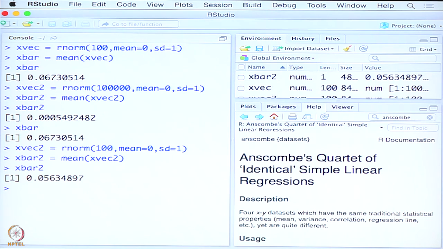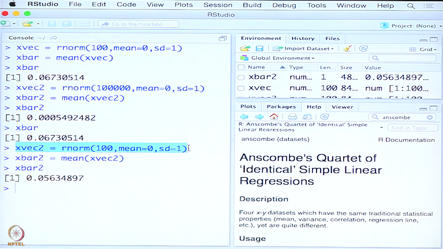So, this is a different value, that is exactly what I said earlier. Now, this instance here, the first instance where we generated, is my first experiment, where I have generated 100 observations. This instance of generating another sample of the same size is like repeating the experiment, same sample size, and x bar 1 and x bar 2 are the sample means obtained from these two respective experiments, and obviously they are different